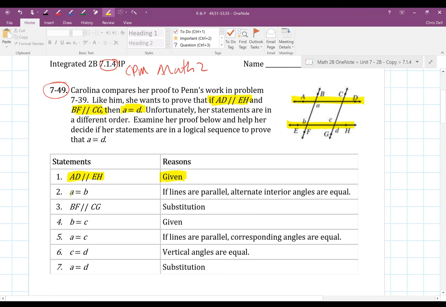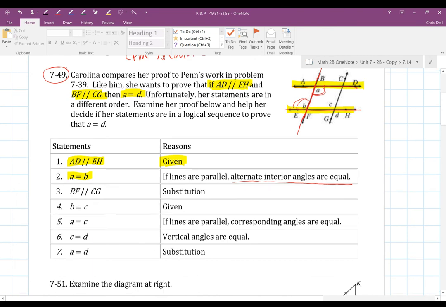From that statement, we've got A is equal to B. So angle A is congruent to B, and that would also be true because we have this line BF as a transversal, if those two lines are parallel, right? So it says if lines are parallel, alternate interior angles are equal. Those are considered alternate interior angles, A and B, and yes, they are equal. So that statement is fine. Then it says